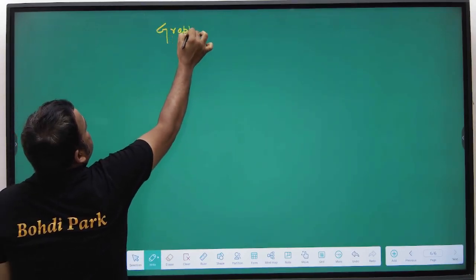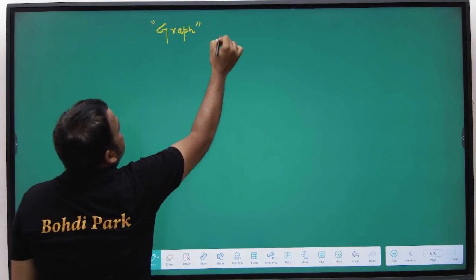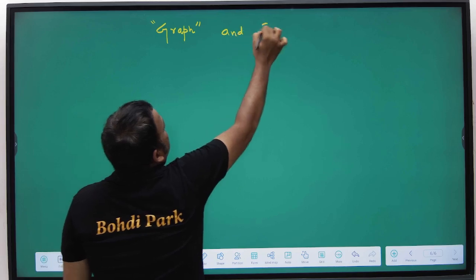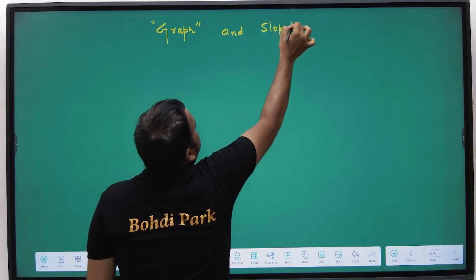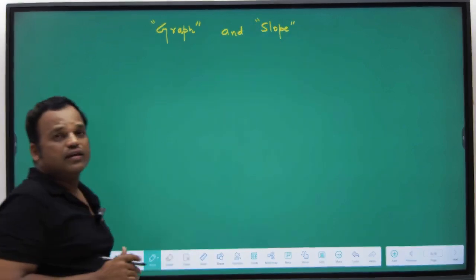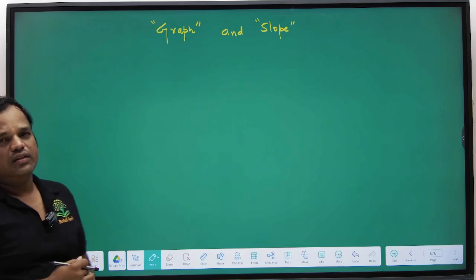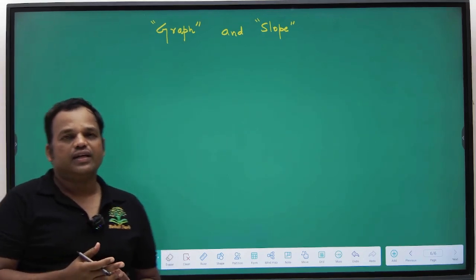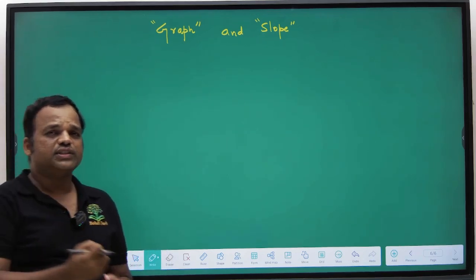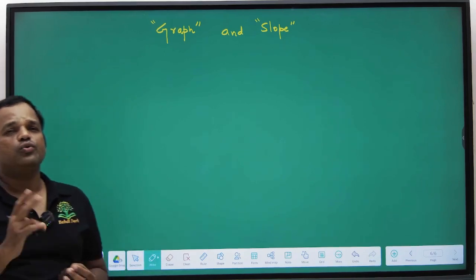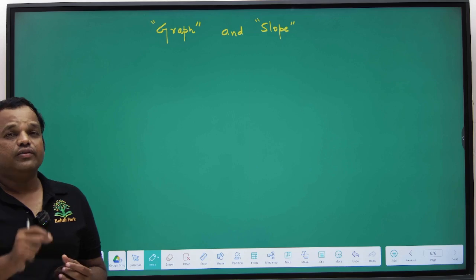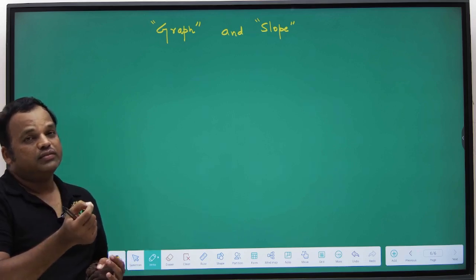Next we will discuss graph. And what do you mean by slope? What is a graph and what is a slope? So in mathematics, the graph is defined as how to represent relation between two quantities using pen and paper, using